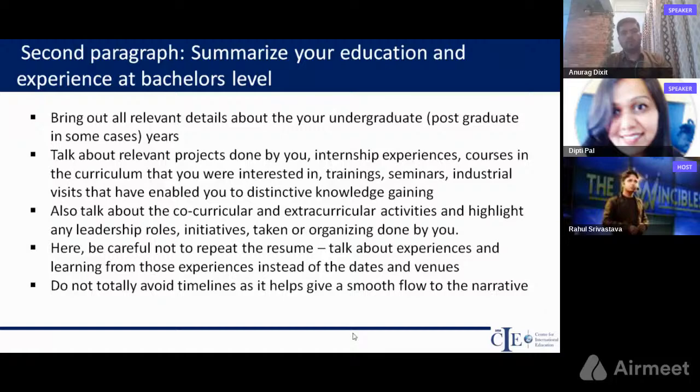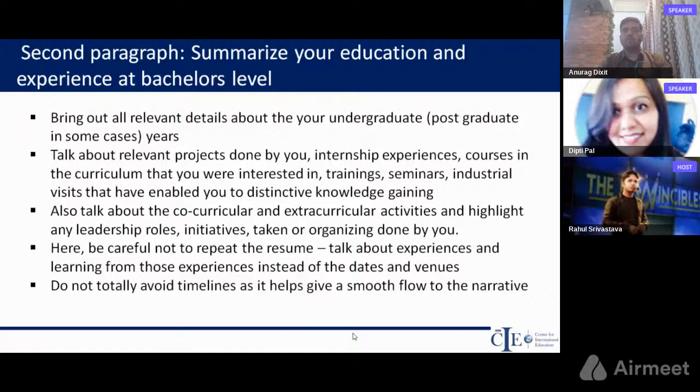You have to talk about the relevant projects that you have done. Essentially the technical projects that are linked to the field that you're planning to apply to, even if they are not directly linked, but you can find some link between those, then definitely you have to mention those projects and then justify the link that you feel those project experiences will help you in your master's, right?